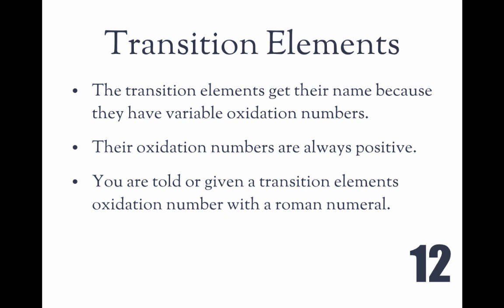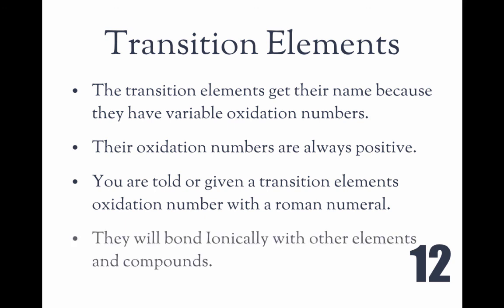You are told or given the transition element's oxidation with a Roman numeral. If you don't know the Roman numerals, I will be putting them on the board. These transition elements will bond ionically with other elements and compounds. So you're going to treat it just like you would calcium or magnesium,